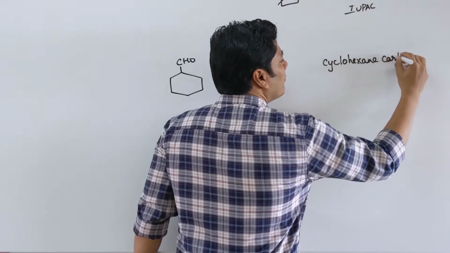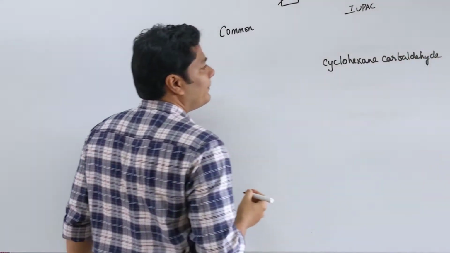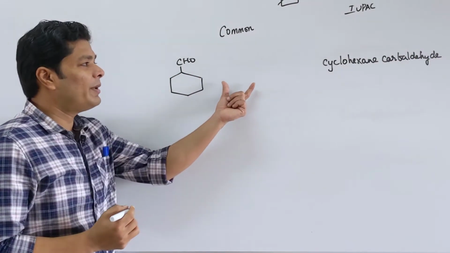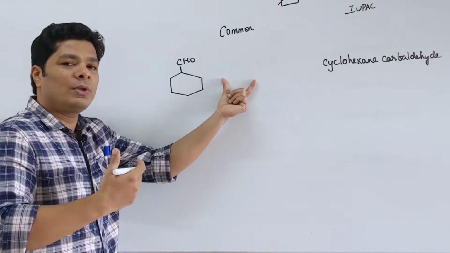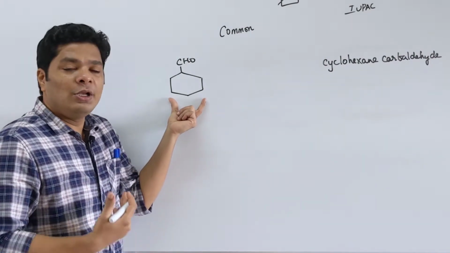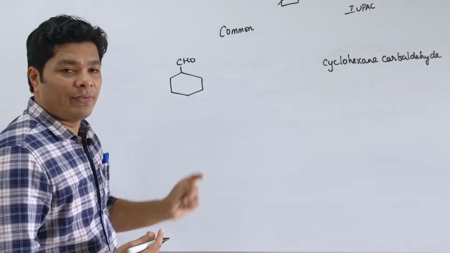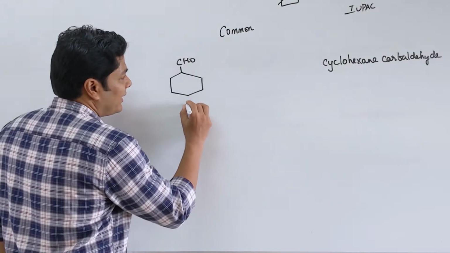cyclohexane carbaldehyde. The same goes for common name, because common names are ones that are commonly used, meaning commonly available products. These are not commonly available, so they didn't get their own name. So we can go through IUPAC, but where they will differ is, if we take the same example,